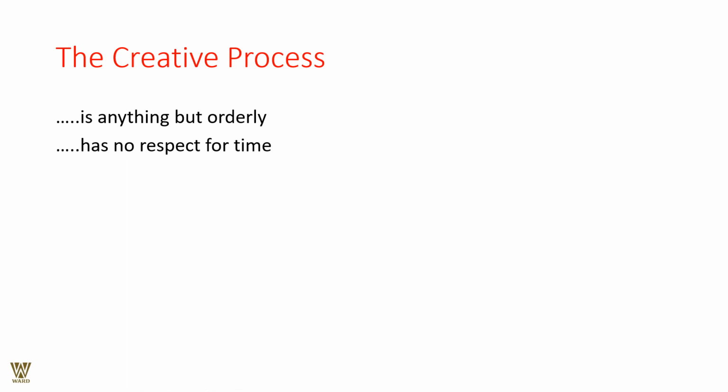And anything is creativity. Now, what you have to do is find the method in the madness. Or you might have to find the madness in the method altogether. Anything but orderly. Absolutely mad in the method. So you have to be random. You have to test and try new things. Have no respect for time at all. What are you talking about?